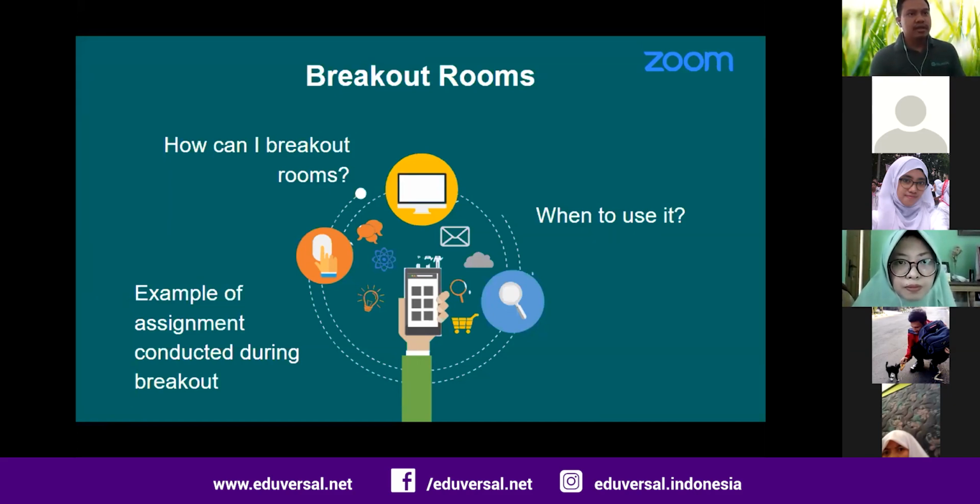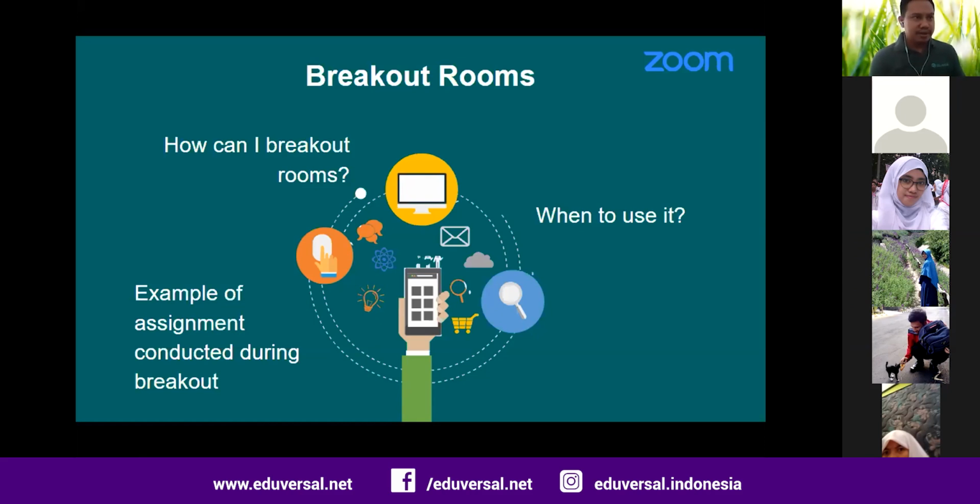Or in daily teaching, if you design your lesson with more than one activity and you want to run them in parallel, you can use breakout rooms.